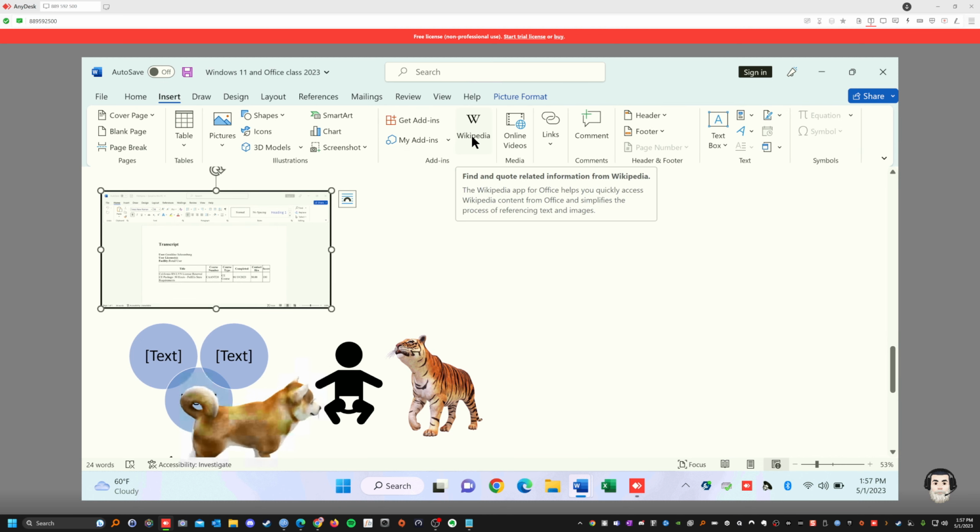Wikipedia, you know what that is. You could find a quote related to Wikipedia. Let's say you're writing an article and you want to know about something, let's say Muhammad Ali. Then you click on Wikipedia and type in Muhammad Ali and just copy and paste that information into the page. That's how the kids do it in college, for the essays and stuff. They copy and paste it from Wikipedia.